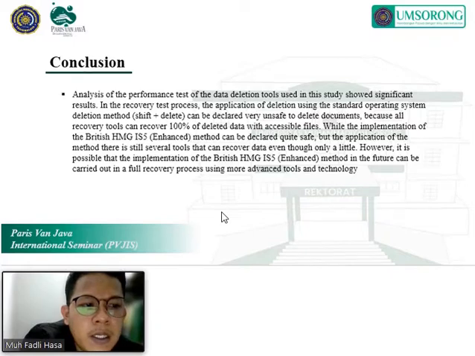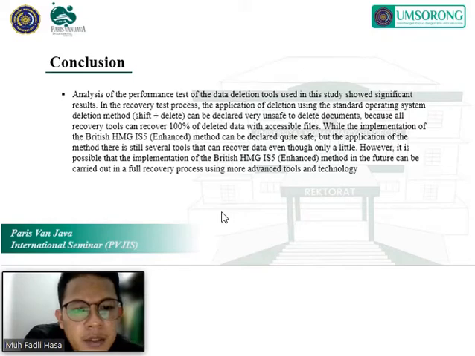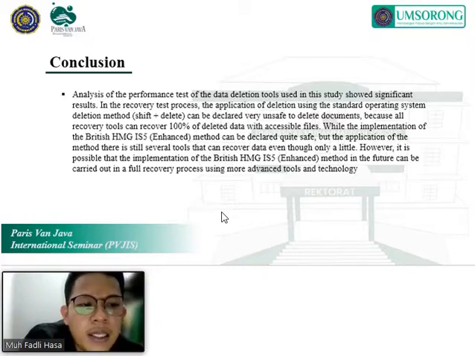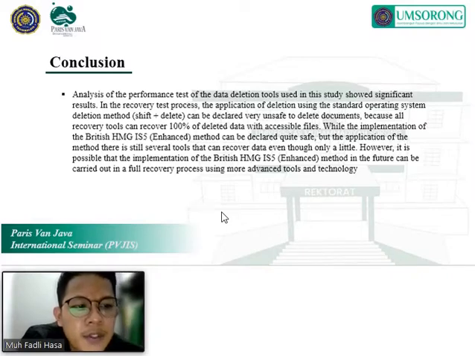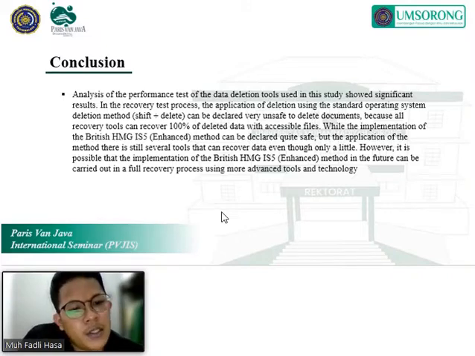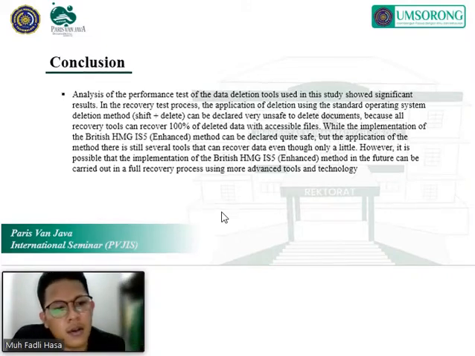While the implementation of the British HMG IS5 Enhanced method can be declared quite safe, there are still several tools that can recover data, even though only a little. However, it is possible that the British HMG IS5 Enhanced method in the future can be subjected to a full recovery process using more advanced tools and technology.